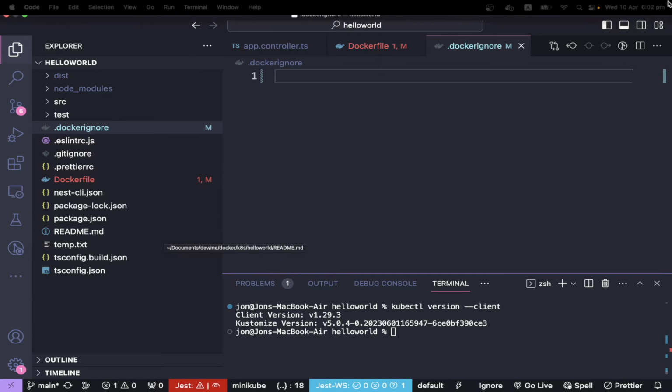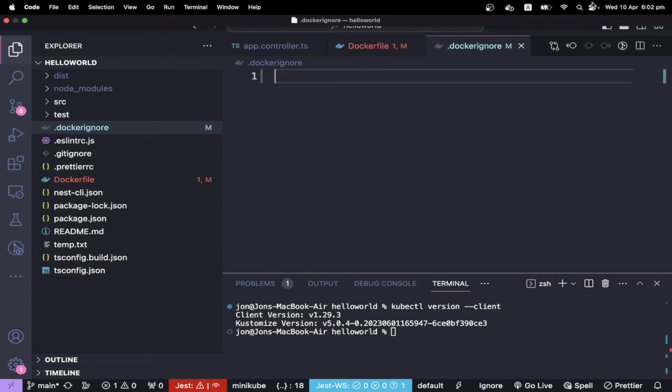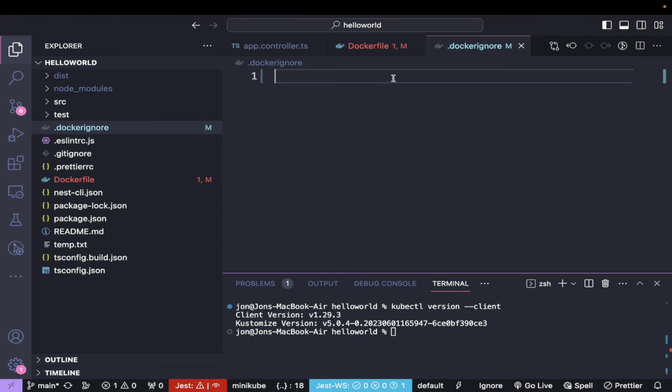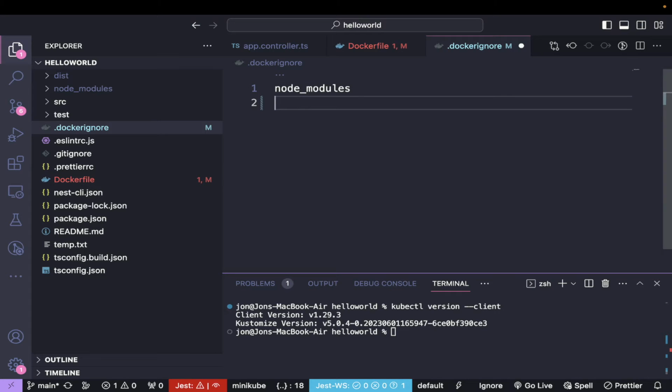So in the Docker ignore file, basically what I want to do is ignore the node modules, in case you build it locally, and I want to ignore the Docker file. I'm also going to ignore all of these YAML files, which we haven't created just yet, but essentially